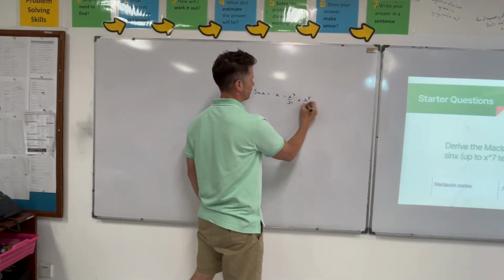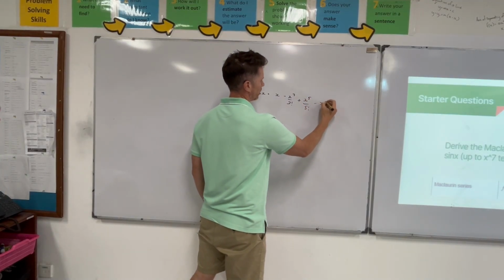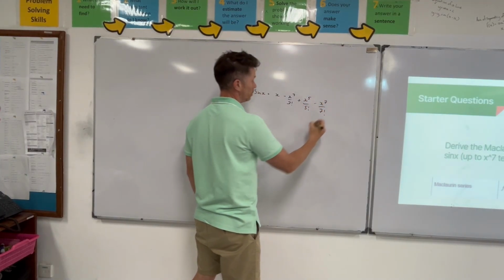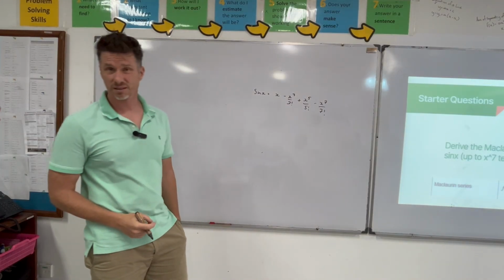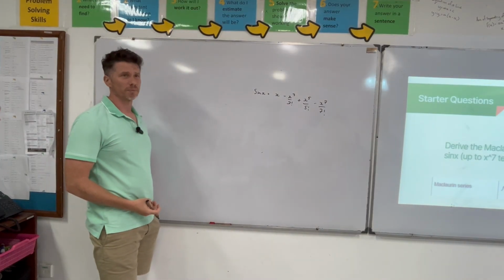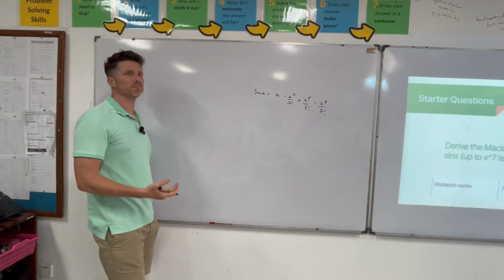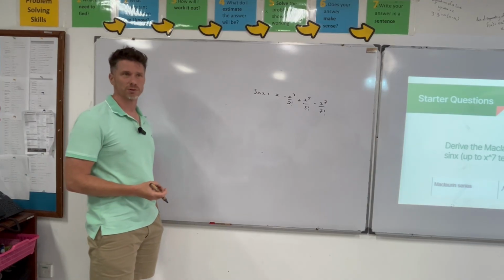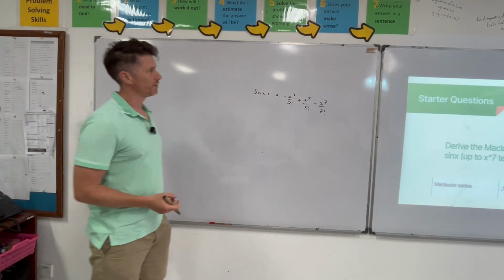plus x5. So this is in your formula booklet anyway, so you will never be asked, I'll say never, they might ask, show that it equals this. It's possible they ask, show that the Maclaurin series for sine x is that. Turning that into